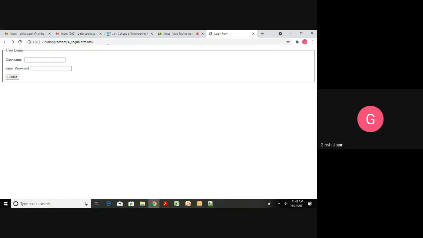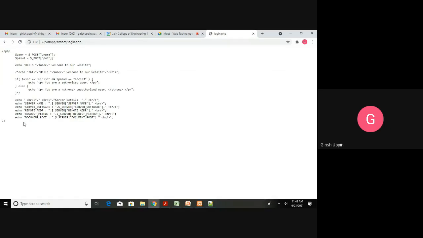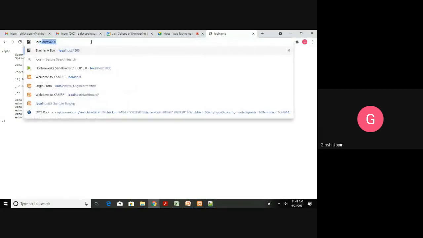This is from wherever the particular file is. I'm just displaying it. This is pure client side HTML. When I click on this, it is just showing the content of the PHP, which is also present in the same folder. So how should we be running? We should be running as a web application, that is localhost.